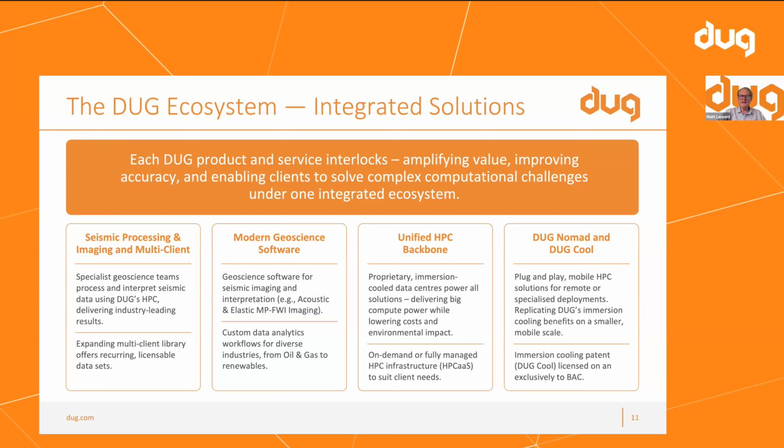So that HPC and the way we manage it and the savings we make is super important for our business. And it's a major advantage over any competitors that use the cloud. And I seriously don't know how they come to the decision to do that. And then the emerging businesses on Nomad and Doug Cool, which Daniel will talk more about in a minute, are really important for where we're going. And we're excited by them. It's been really great seeing BAC get after that business. Dan will talk you through what they've done, but they've made some serious investments into the future of that business.